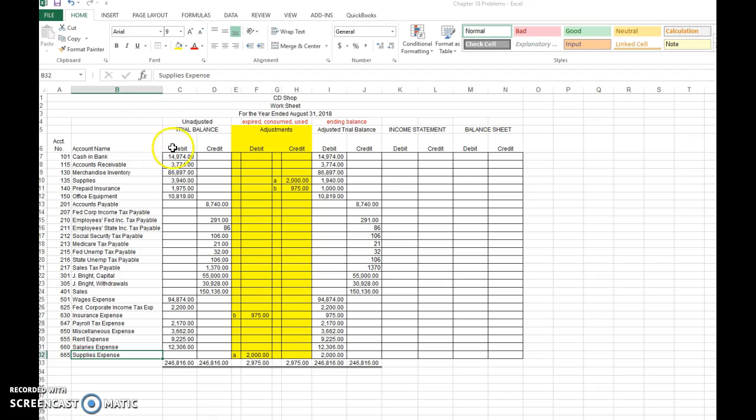So the first thing you want to do is get your unadjusted trial balance and make sure your debits equal your credits. And then you do your adjustments just like we did in the last chapter. Make sure that your debits equal your credits for the adjustments. And then actually do an adjusted trial balance to make sure that these ending balances do equal, your debits do